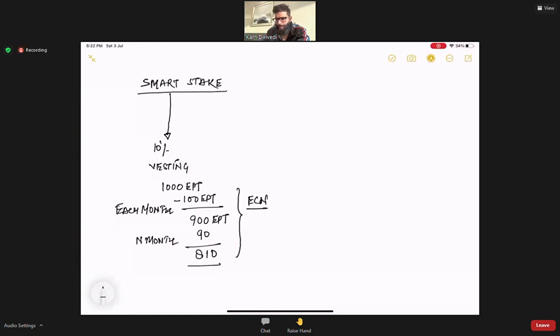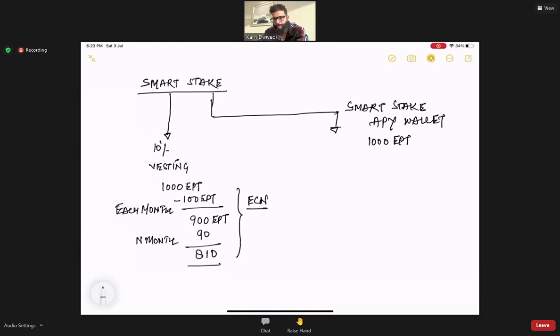All right, this is part number one. On the other hand, we have said that you have one more wallet, which is the Smart Stake APY wallet. This is basically your annual yield wallet. And suppose you have 1000 EPT in your wallet, and you are not taking out the vesting, you are not taking out the 10%, then what happens, the logic works that every first of the month,